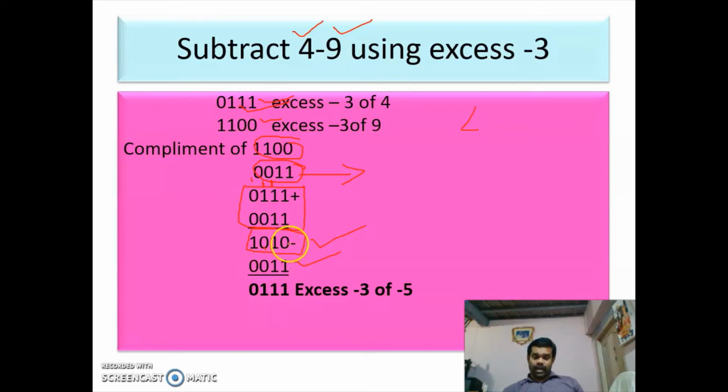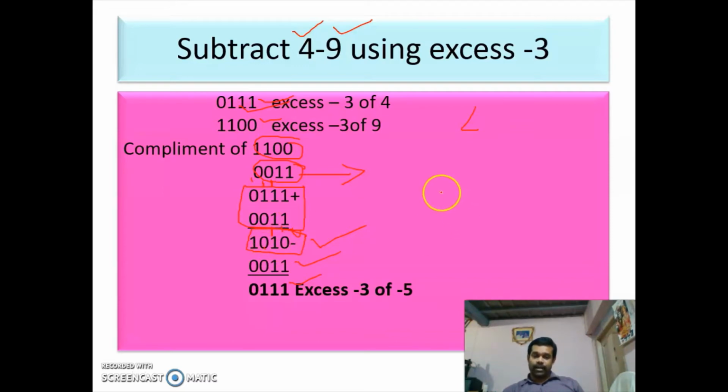So here you are having 0 and here you are having 1. We can't subtract. So you have to borrow 1 from here. So it will become 10. 10 minus 1 is 1. You have already subtracted 1 from here.